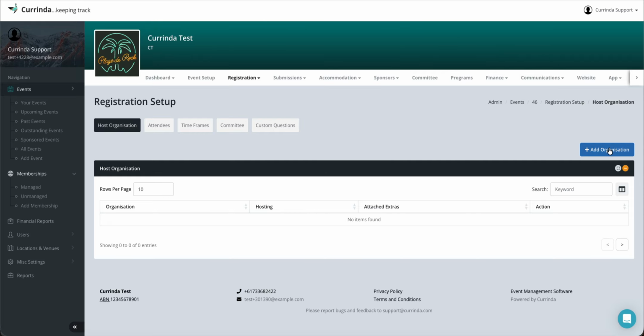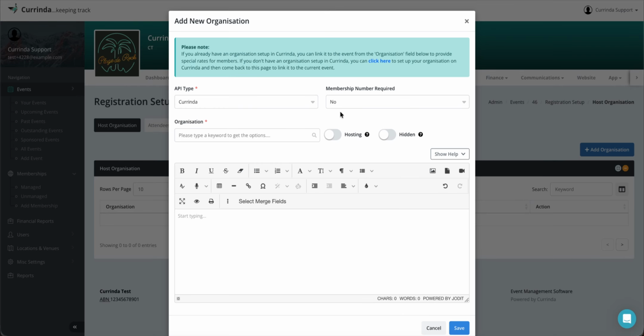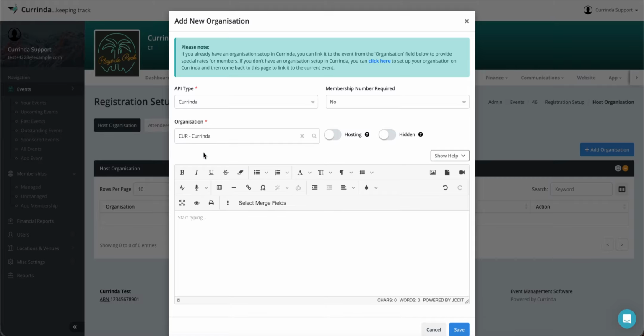Let's click on add organization. Let's suppose these are two organizations that are hosting this event. I have set up one managed organization in the previous videos, which is called Currinda. So I'll just link to the same organization here. Here I clicked on this. Now I have three API types to get my organizations. There are three types. So one is, if we have set up the organization in Currinda v2, which is the